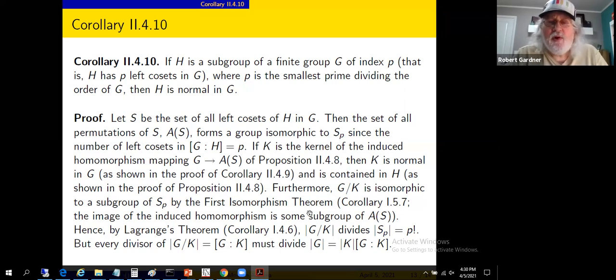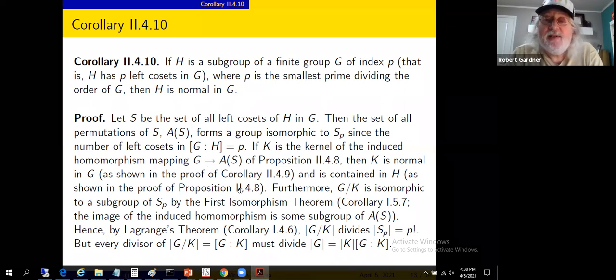Hey, the first isomorphism theorem, Corollary 1.5.7, I guess it was, has something to say about this. It says if we have a homomorphism from one group to another, and we look at that input group G mod the kernel of that homomorphism, and that's what K is, we get something isomorphic to the image of that homomorphism, the image of G under the homomorphism. So G mod K is isomorphic to